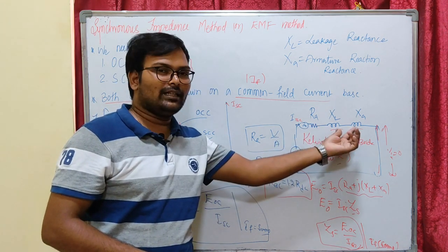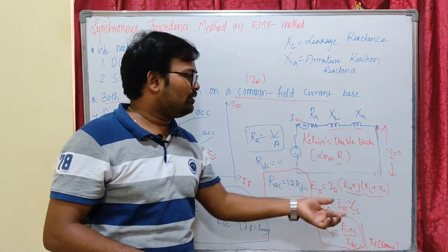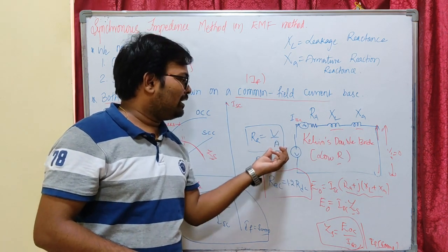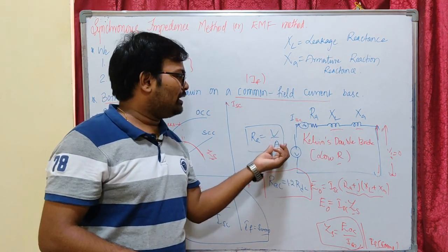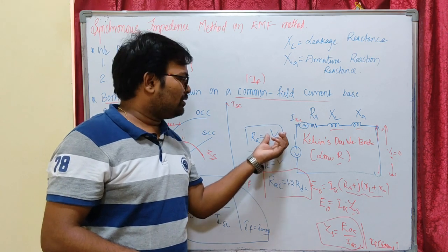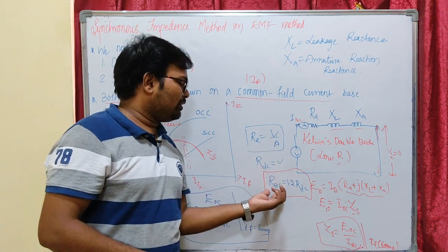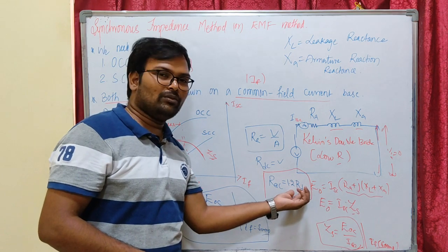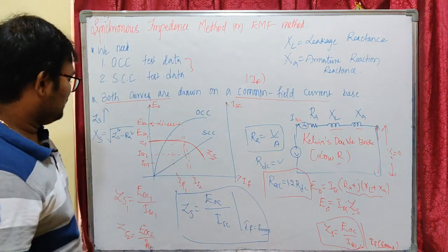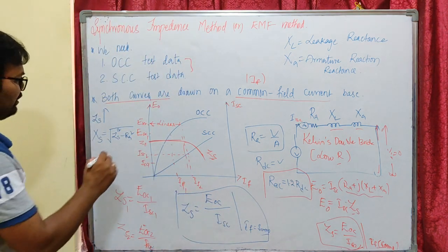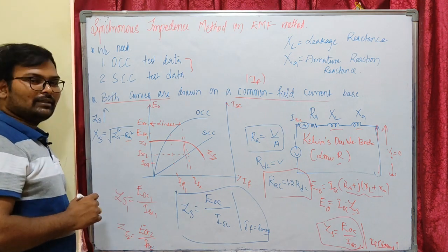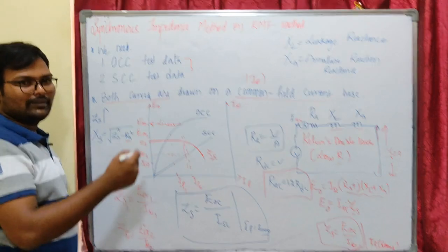Okay, the effect of inductance will be nullified, it will become a short circuit, and we are going to find the ratio between V and I. You can repeat this for different values of V so that you can take the average of the RDC value. Then you can find the RAC value, which is equal to 1.2 times RDC. So here we have obtained the armature resistance by Kelvin's double bridge or the V by A method.